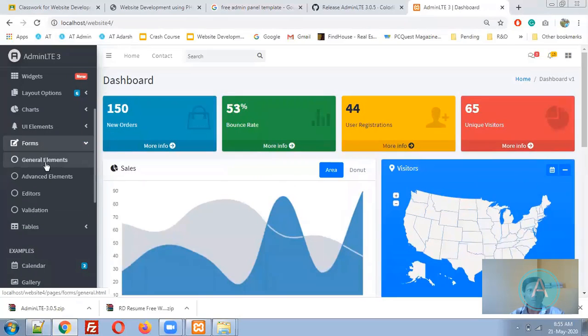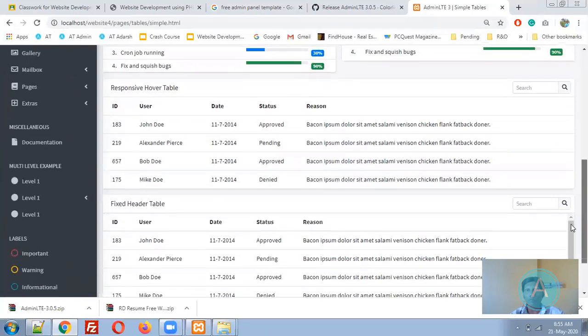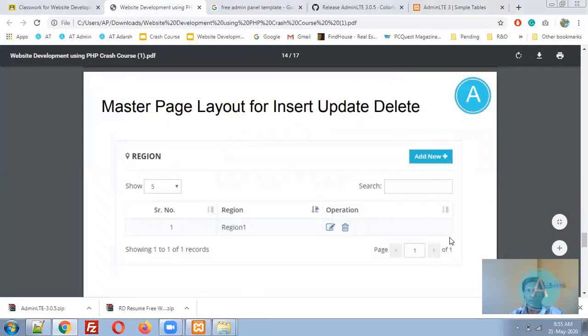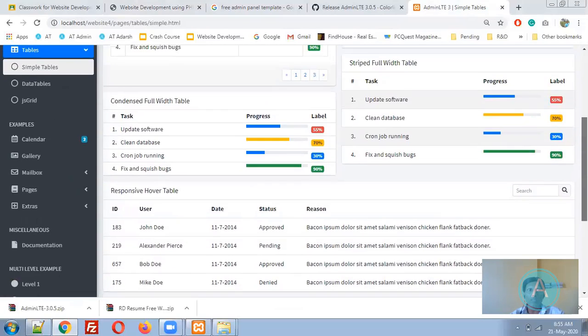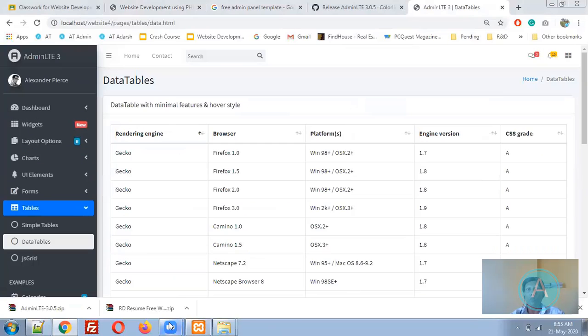These are the forms, these are the tables, simple tables. You can see the tables are there. Whatever I have seen over here, this is the same one. Are you getting my points? Yes, sir. So this is the AdminLTE template basically. You can use these particular templates to display the data for add operations.